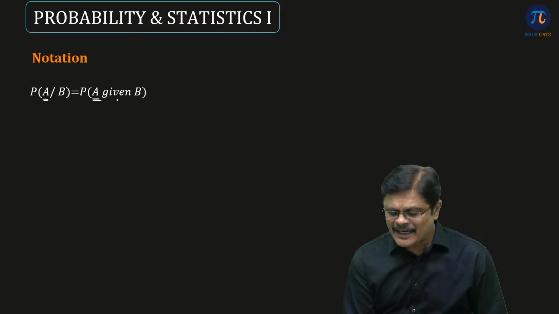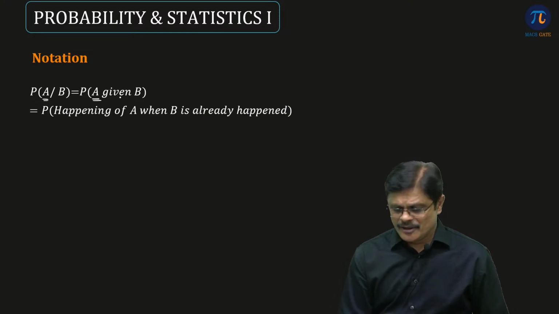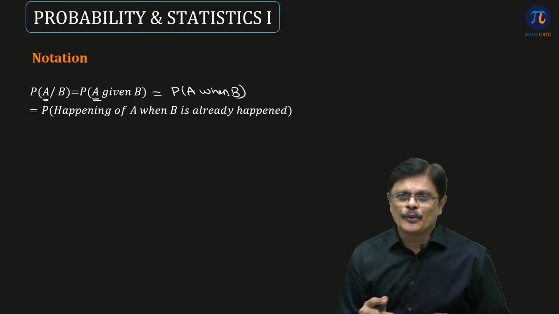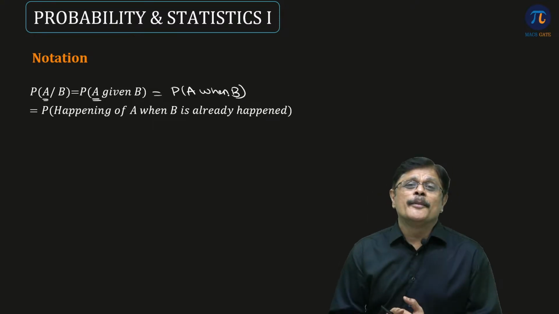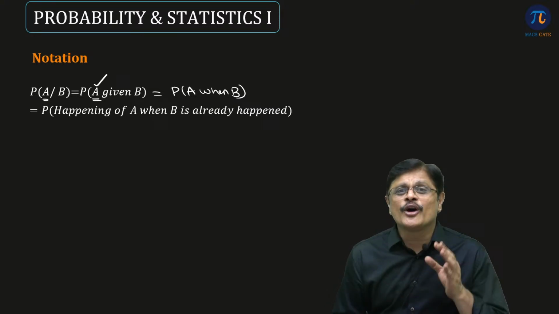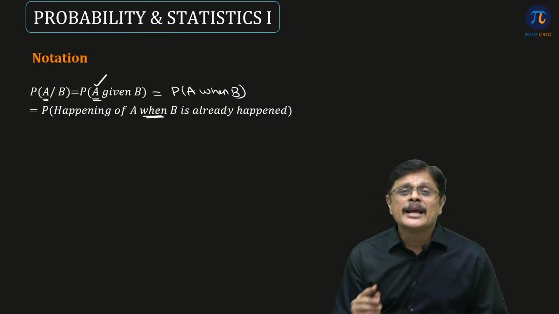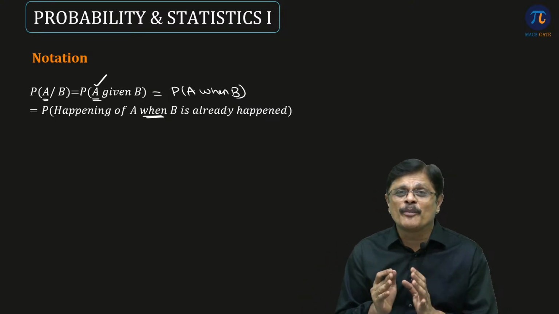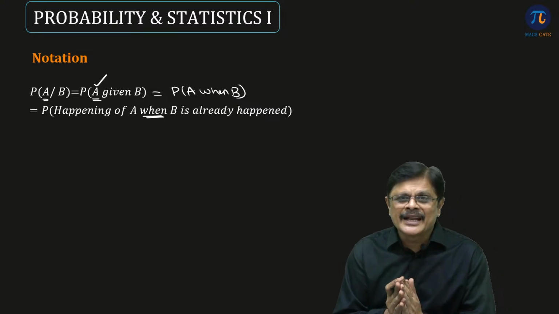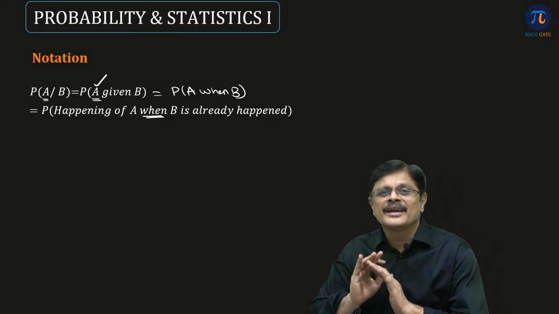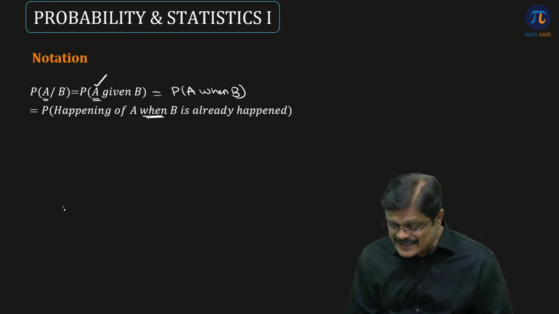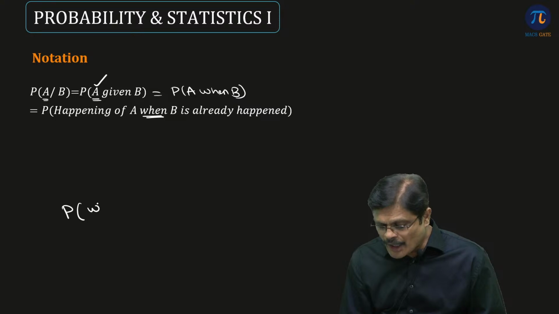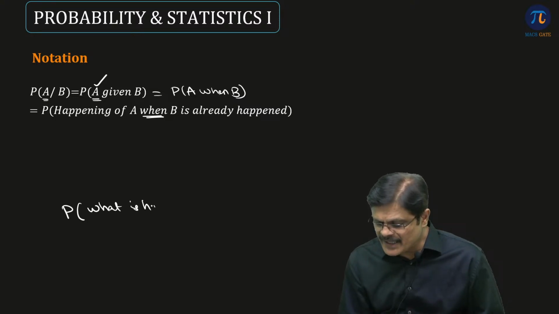A given B. You also read it like, probability of A when B also you can read it. So what is the actual meaning, Babu? Probability of happening of A when B has already happened. What is it? Probability of happening of A when B has already happened. So please note, whenever you are talking about conditional probability, please make a note of it. What is happening